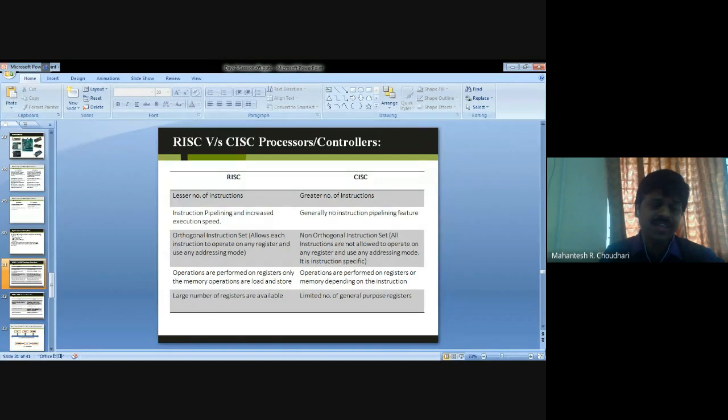RISC has instruction pipelining and increased execution speed, whereas CISC generally has no instruction pipelining feature.